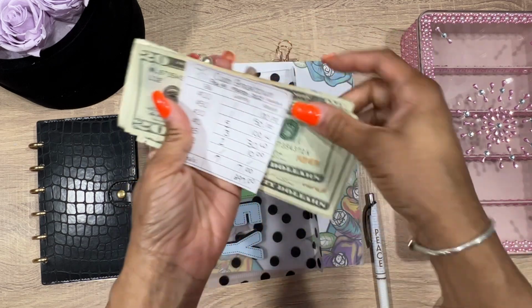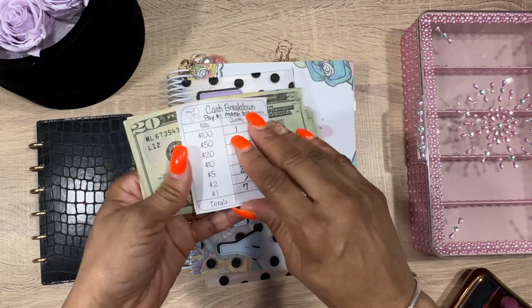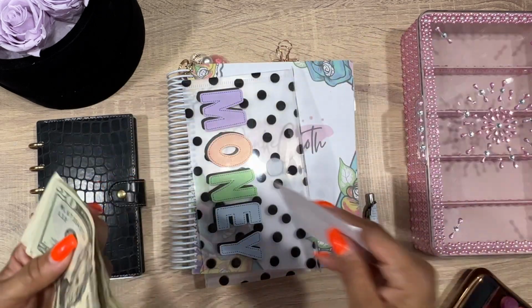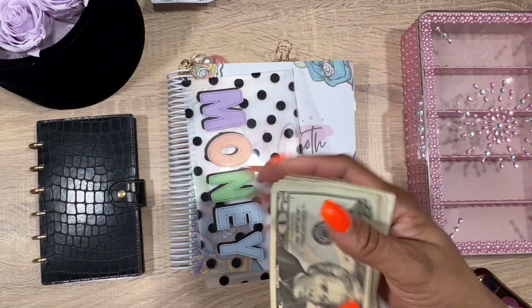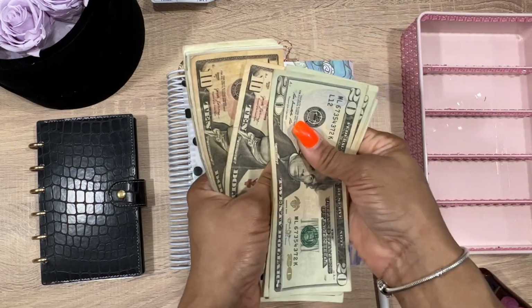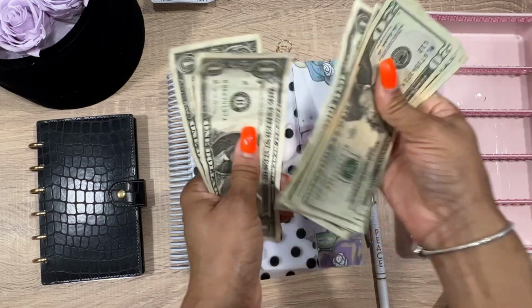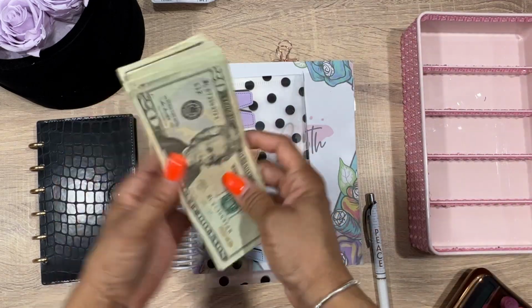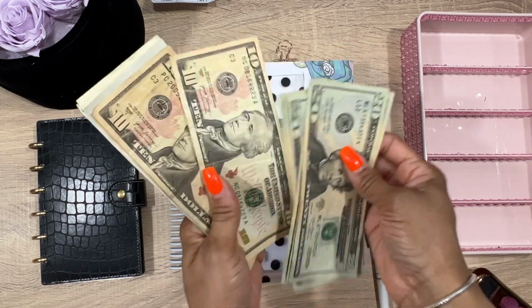So our cash for today that we are supposed to be stuffing is $297. Now, there's going to be a little twist to this, so I'm going to tell you guys what it is, okay? All right, so we have 20, 40, 60, 81, 10, 20, 30, 35, 40, 41, 42, 43, 44, 45, 46, 47. All right, so you see 147 here, but as you can see, I said that we're supposed to be